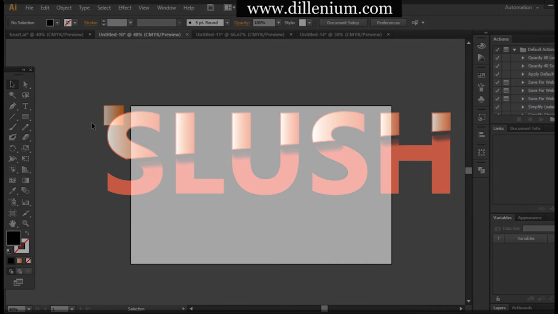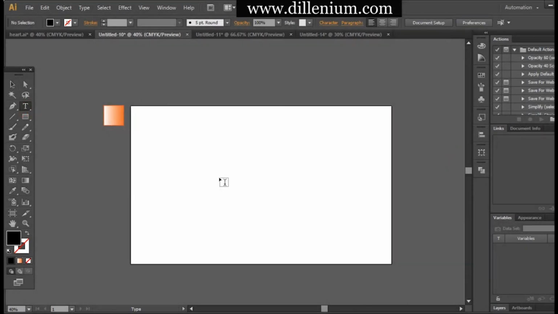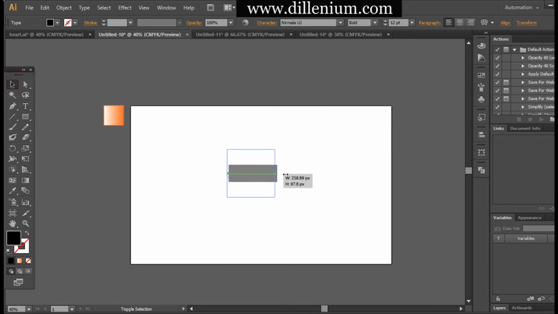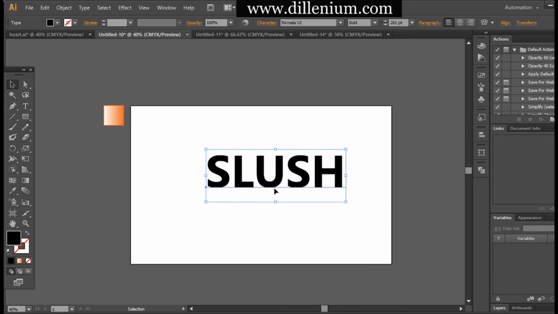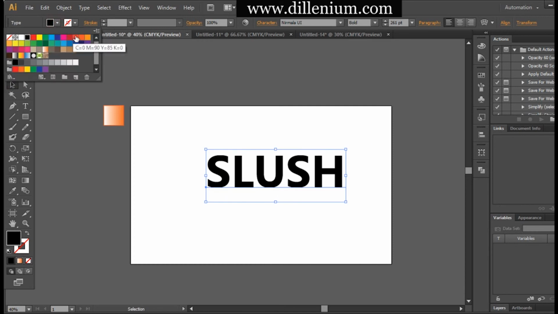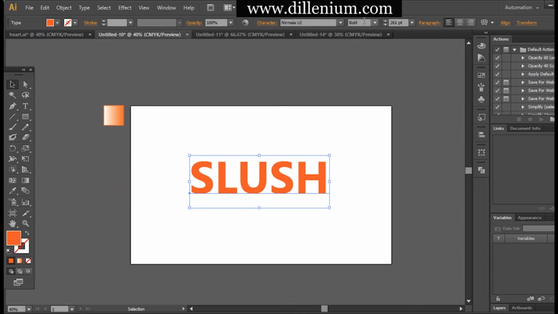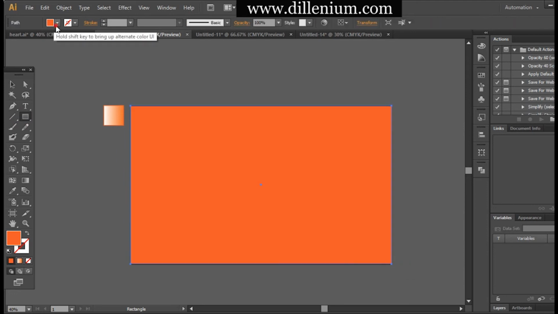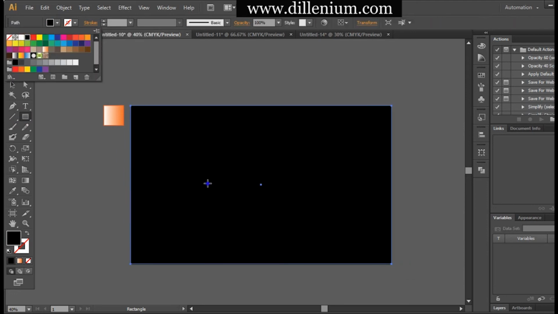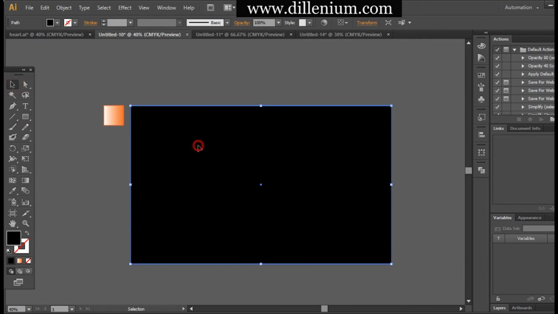First of all, I will take this text layer from here and write a simple text, and now increase the size. Give it a color. Here I'm using Nirmala UI font with the bold font style. Before doing anything else, I want to give it a black background, because the things that we are going to do will be more prominent on the black color. And now keeping it back,